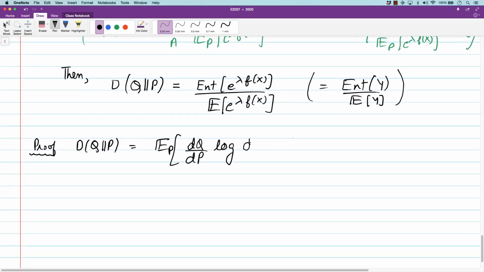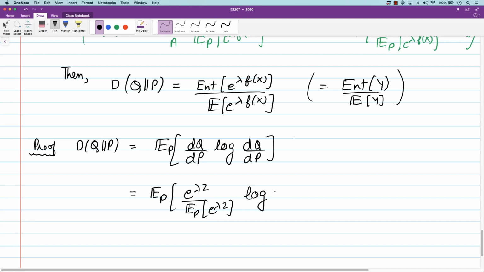Okay, so then therefore it makes sense. This is equal to the expected value under p, just by definition, of e to the power lambda z, where z is f(x), divided by the expected value of e to the power lambda z,